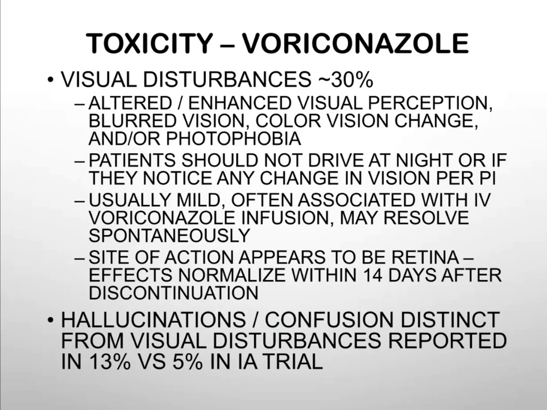In terms of toxicity, Voriconazole tends to follow the rule of 30, which means about 30% of patients will experience some kind of, usually mild to moderate, visual disturbance. Usually it occurs about 30 minutes after the drug is administered and typically lasts for about 30 minutes, although there is high interpatient variability. This can be altered or enhanced visual perception, blurred vision, color vision changes, like an aura around objects,